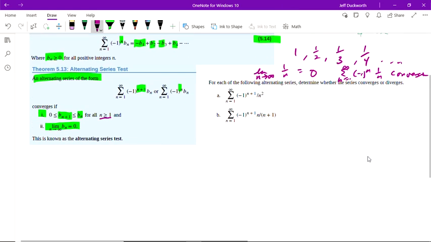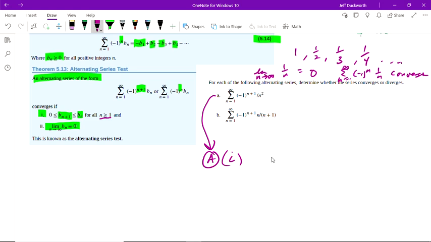So part A, for each of the following, we're going to determine whether or not the series converges or diverges. You don't just write converge or diverge. You have to actually do the sort of things that we did here. So let's do A. So first of all,